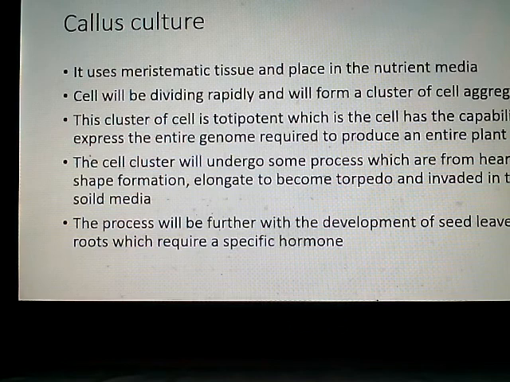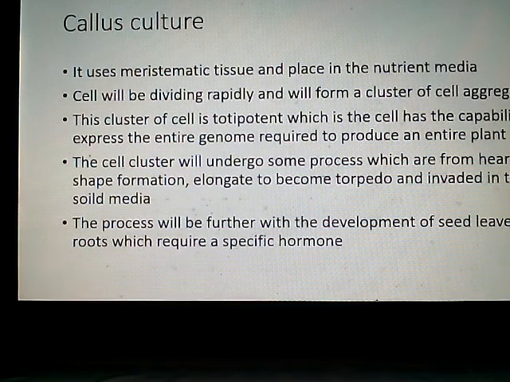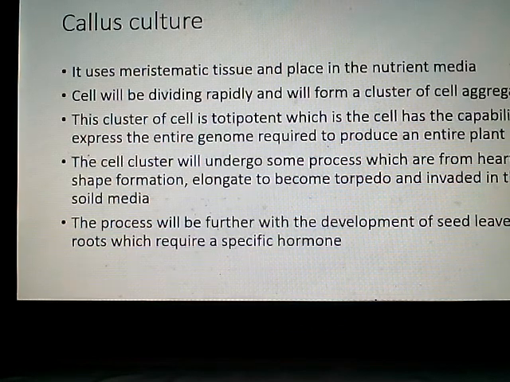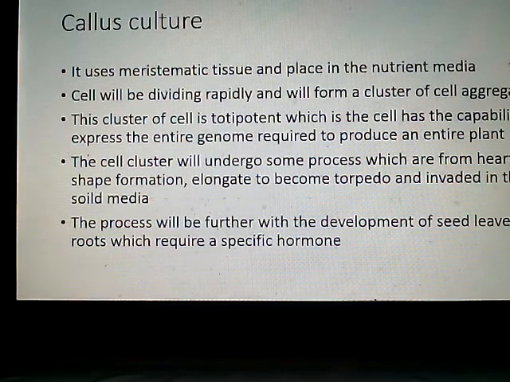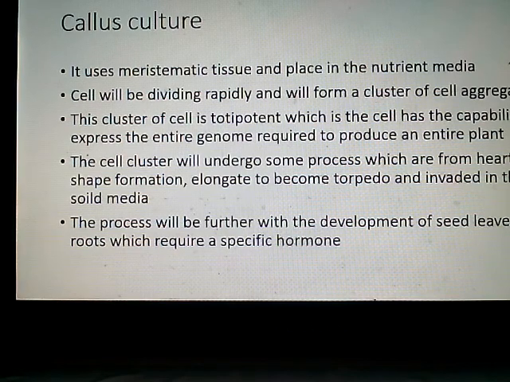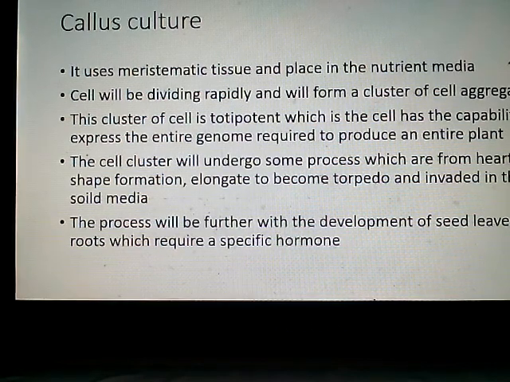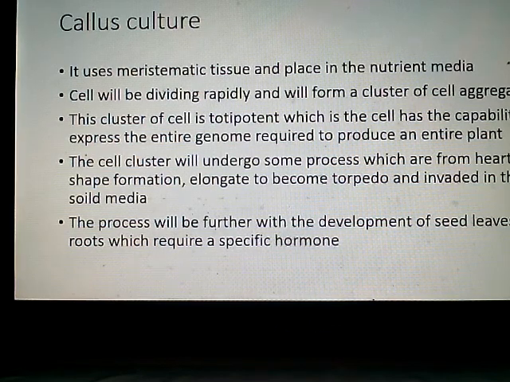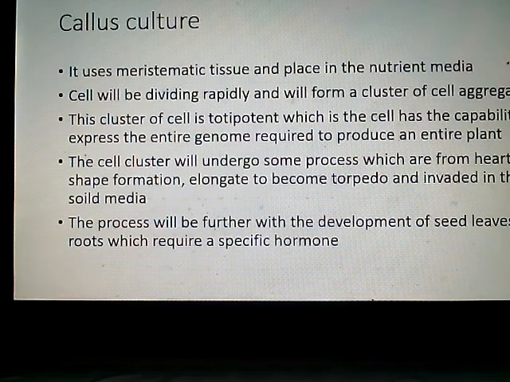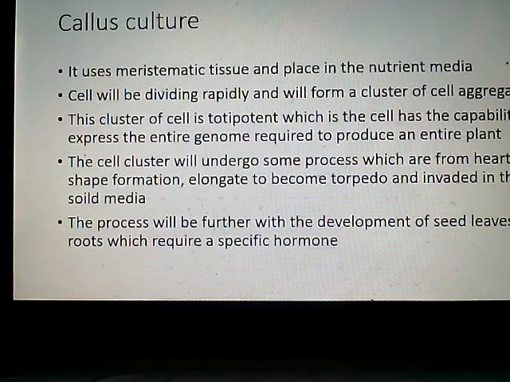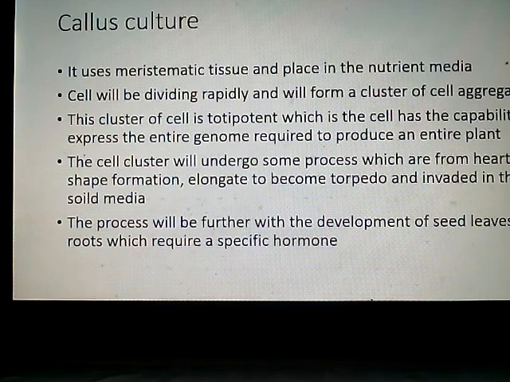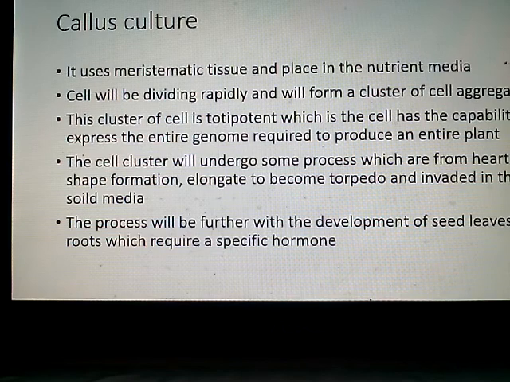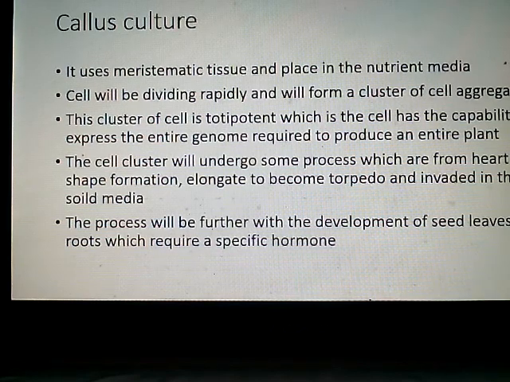The fifth is callus culture. It uses meristematic tissue placed in the nutrient media. The cells will divide rapidly and form a cluster of cell aggregates. This cluster of cells is totipotent, which means the cell has the capability to express the entire genome required to produce an entire plant. The cell cluster will undergo some processes from heart-shaped formation, elongating to become torpedo, and then will invade